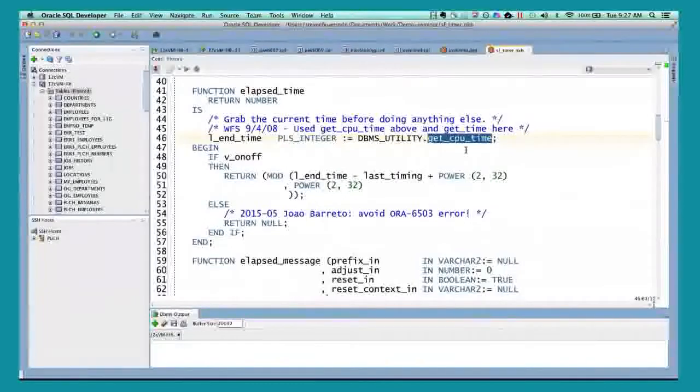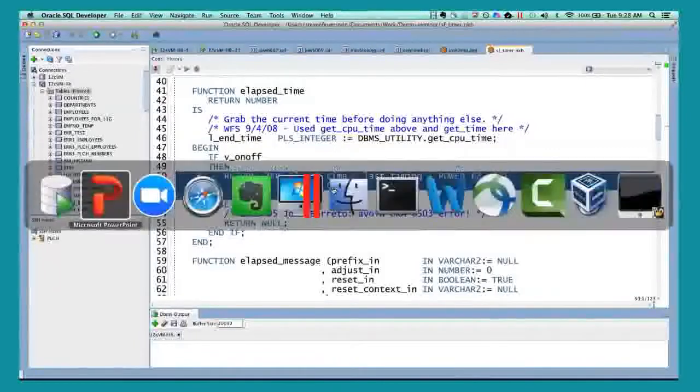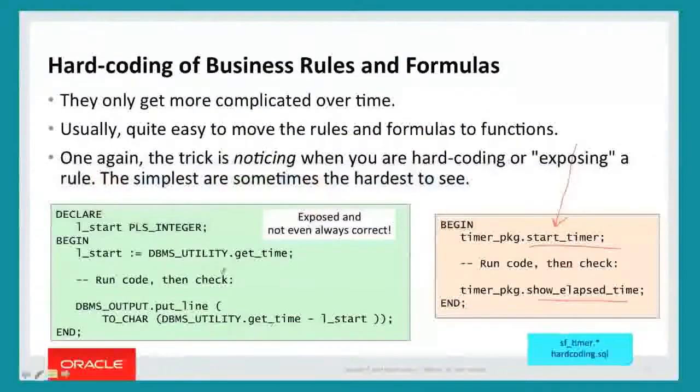So if I call getCPUTime to get my start time just before the rollover, and then call my end time a second or two later, I can end up with a massively negative elapsed time. So the real formula for calculating elapsed time is take end minus start, add a really big number to it, and then mod by that number. Now, if I told you that this is the formula, I bet there's a really good chance that you would never, ever write that formula in your different scripts, because it's too weird and too hard to remember, and so on and so forth.